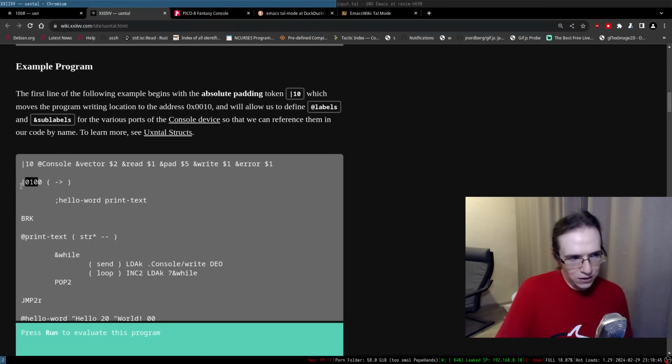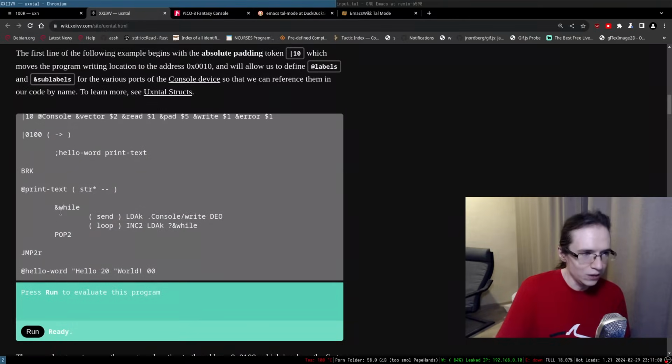So then I suppose this thing moves to this specific address, and we're just doing hello world printf. I have no idea what the fuck that is. So then print text. So we call print text, and print text is defined somewhere here.